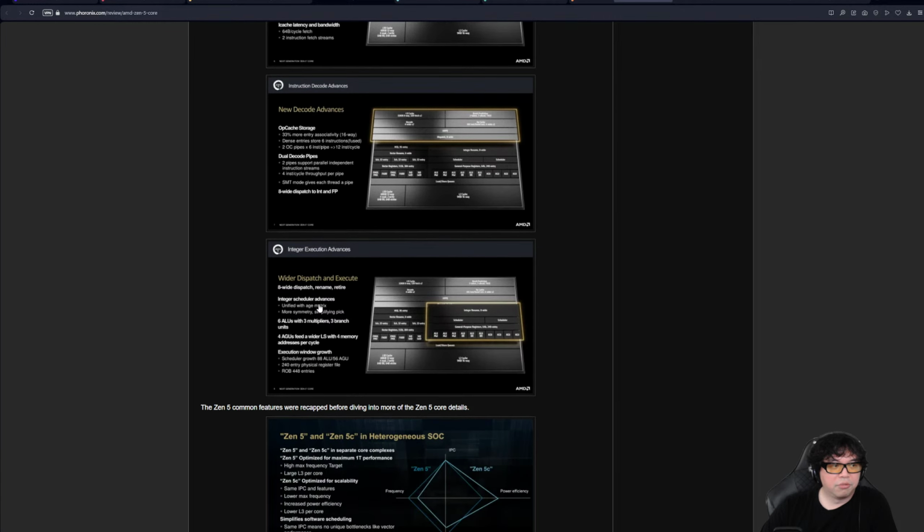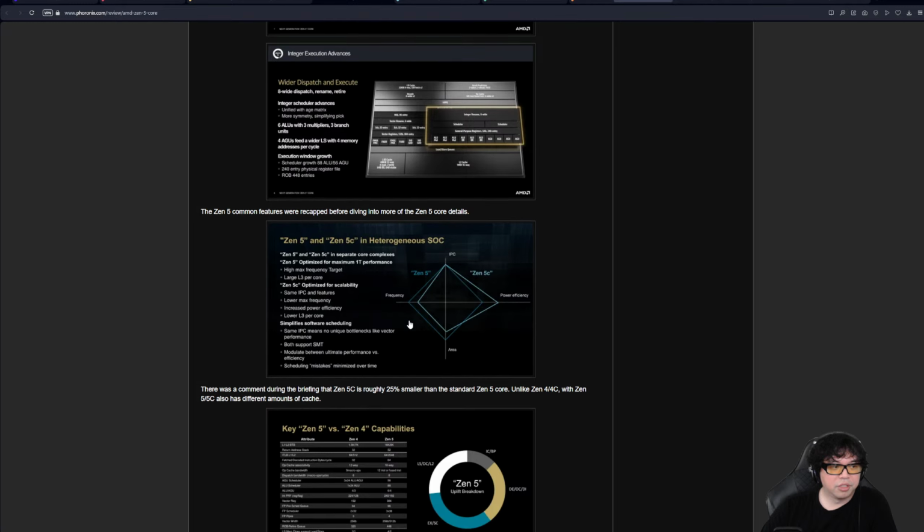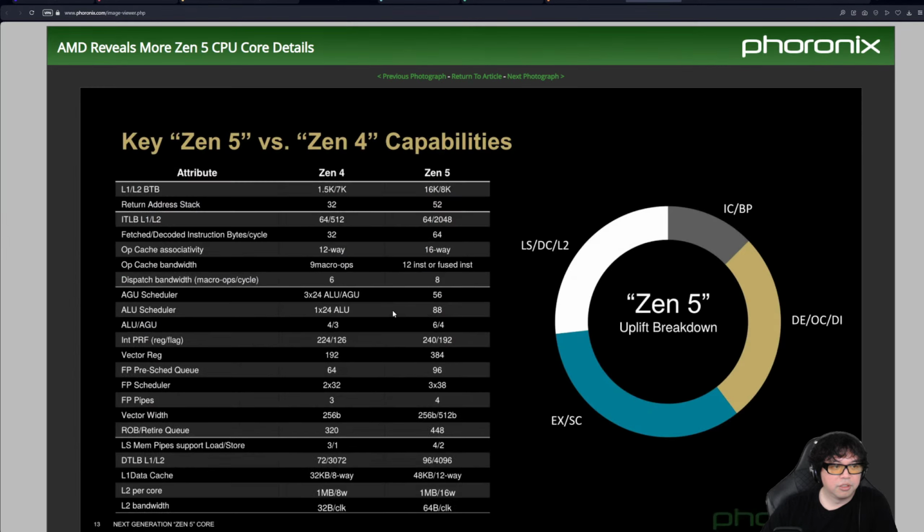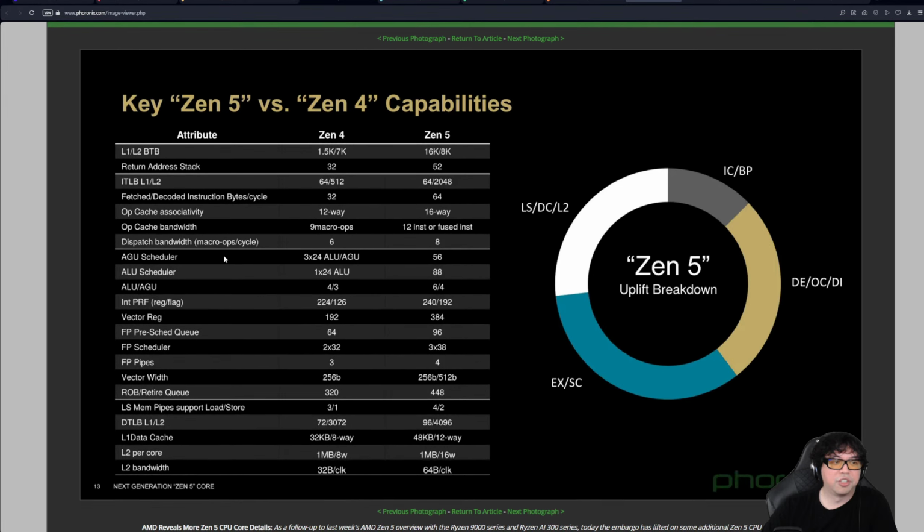New decode, wider dispatch, execute. Okay. Okay. This is an interesting one. This is actually probably the most useful slide in doing a direct comparison in terms of what was changed in